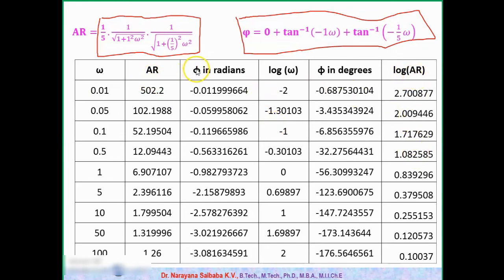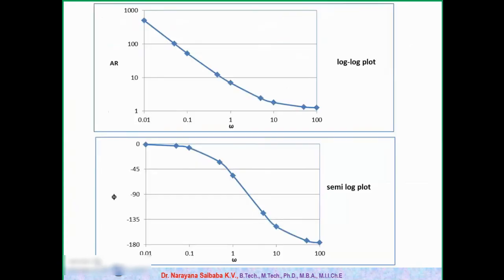Here remember that phi should always be in degrees in both diagrams, but we got the answer in radians because omega is in radians, so all the phi values we get are in radians. But in the graph we have to use degrees, so we have converted all these phi values into corresponding phi values in degrees. Similarly, for all phi we have to convert to degrees. In this way you have to generate the data. Once you get the data, then we can draw the diagram.